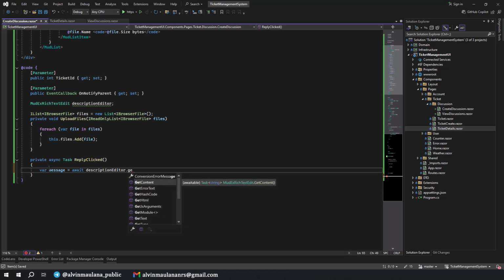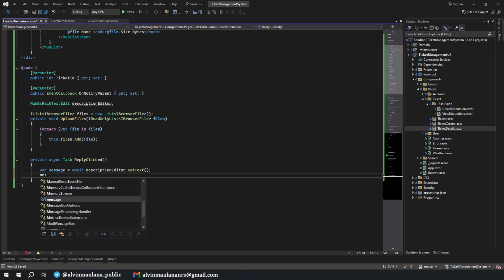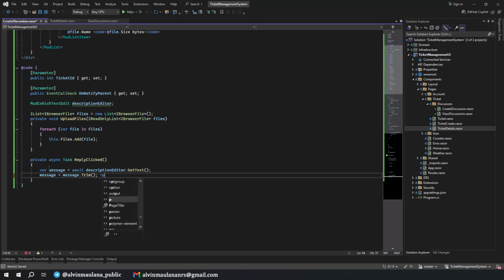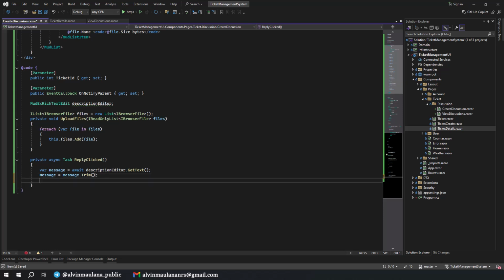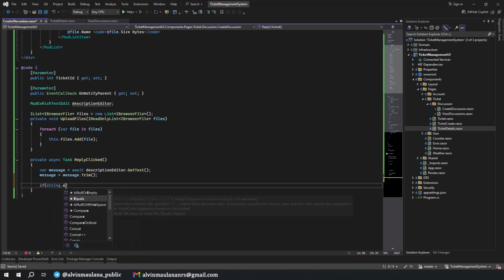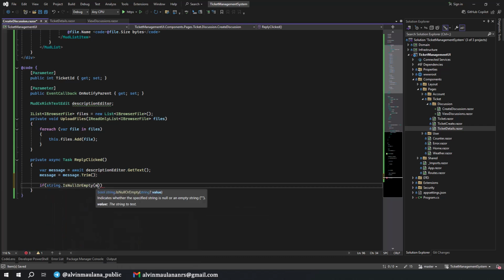We need to get text for this, get text, and then we need to trim it, message trim, because sometimes in description editor when we see it's empty, actually there is a value in there. For example there is a paragraph actually, or there is a new line but we cannot see it in the UI, but actually it's empty. So I need to do this trim to make sure to check if the text editor is empty or not. So if string is null or empty, message.